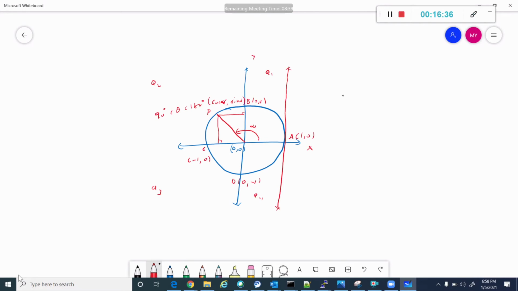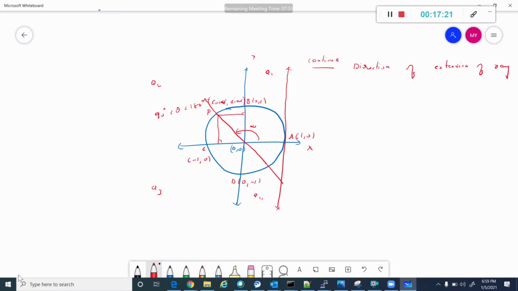Now if I have to extend this line, should I extend in this direction or in this direction? If this needs to touch the tangent line, what is the direction? I told you to be cautious of the direction of extension. If I extend like this, it will not touch the tangent; it will keep traveling away. But if I extend backwards, it will touch. So you should be cautious of the direction of extension of the ray.